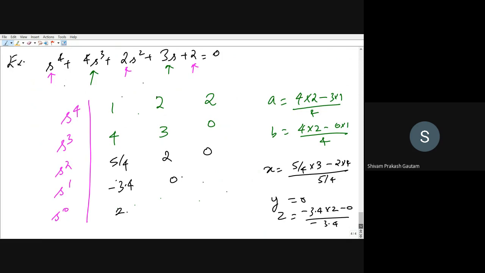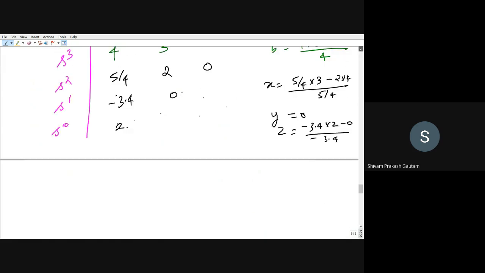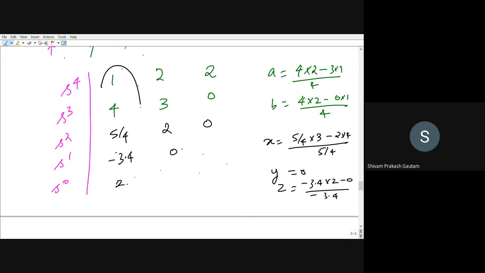Now we have made the Routh table. Now again, we have to observe the first column. So just observe the first column, right? If you want, you can write it down separately, or I will analyze the first column directly. When we move from this row to this, there is no sign change. When we move from this row to this, there is no sign change. When we move from here to here, there is a sign change. So I can write here sign change.